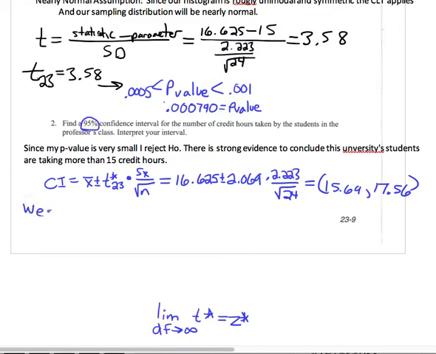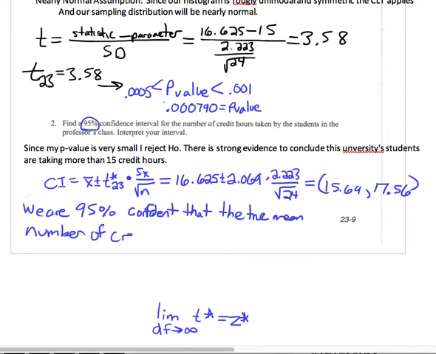Since we did a 95% interval with 23 degrees of freedom, we're 95% confident that the true mean number of credit hours taken by students